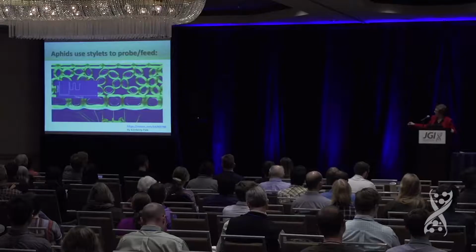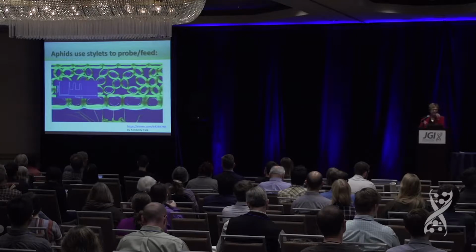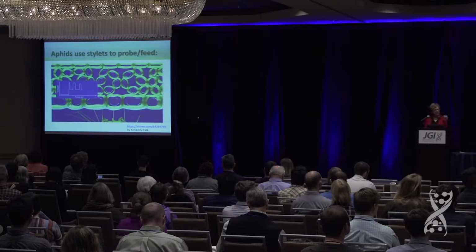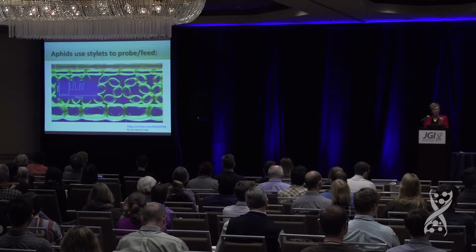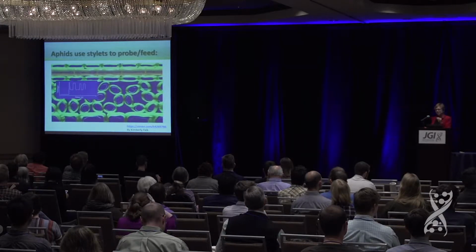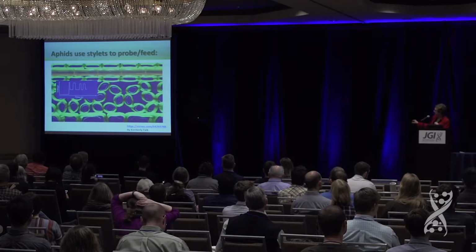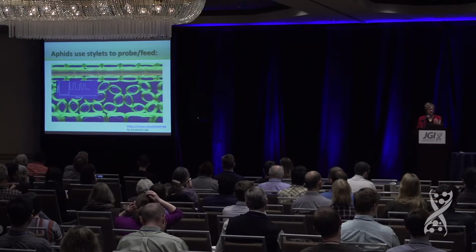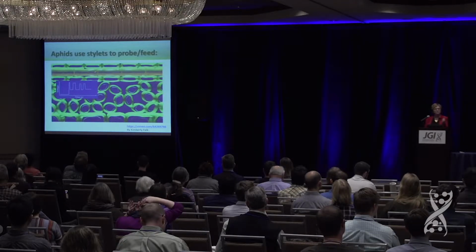And so if it's the right host, then it continues to penetrate, and the stylet moves between the mesophyll cells. It's very flexible. It penetrates cells as it goes. And in fact, as it's penetrating those cells, it's inducing a very mild jasmonic acid response. And then once it reaches the phloem, it penetrates, it spits into the phloem, and it decides this is where it wants to stay, and it continues to feed. And it continues to spit and then suck.